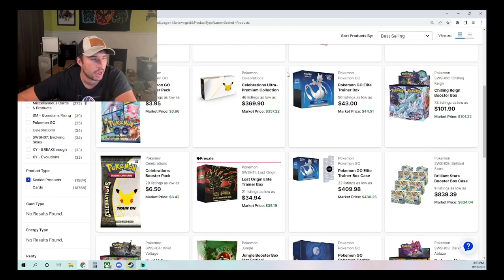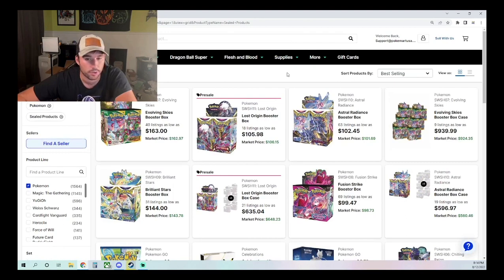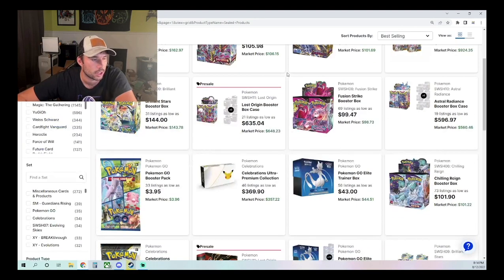Obviously, other people have asked me: do I think there are going to be reprints for these sets in the near future? I think Fusion Strike and Chilling Reign, more than likely we're going to see reprints. They are sets that have actually yet to get reprints. Brilliant Star technically had another wave. I don't know if you want to consider it a reprint. For myself, I consider it a reprint just because I got so much more product than I was allocated afterwards. But realistically, Fusion Strike and Chilling Reign are the only 2 sets that haven't gotten reprints,